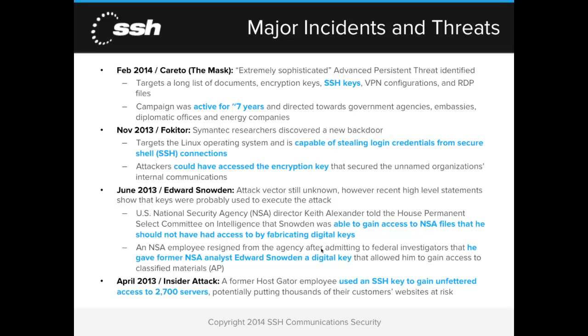Again, in November 2013, Symantec researchers discovered this one, designed to steal login credentials from secure shell connections. So these are two external threat vectors. Why were these advanced persistent threats designed to go after SSH keys? Well, because they knew that if they gained access to the network, they could get into critical information assets, they could steal that information, and they can exfiltrate that data without you ever knowing because they're going to blind you with your own encryption. That's one of the things that Crypto Auditor stops and enables you to actually proactively look at that network traffic and determine based upon policy and your layered defenses if that should go through.